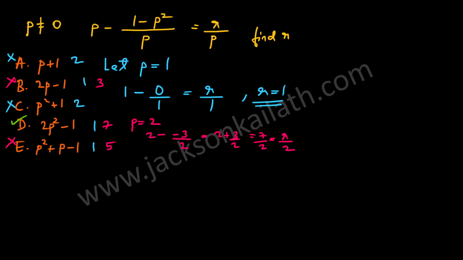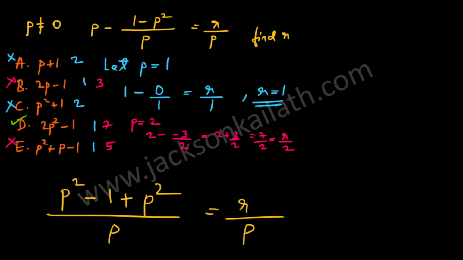Now, let me also show how you could solve this using variables, right? Just for understanding. But remember, the best way is to assume values and eliminate the wrong options. Now over here, I'm writing p as p square by p, right? So this is the same as p. So I'm doing this so that this p by 1 becomes a fraction with p as the denominator. So I can club the numerator together.